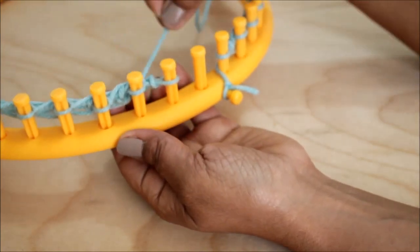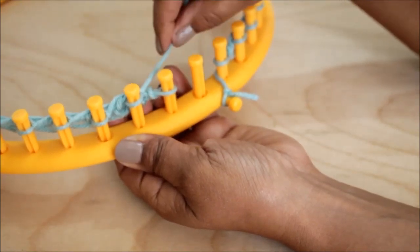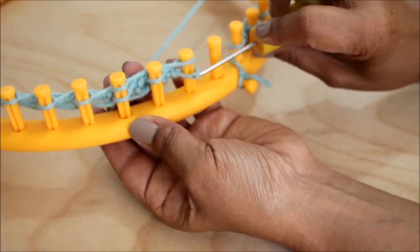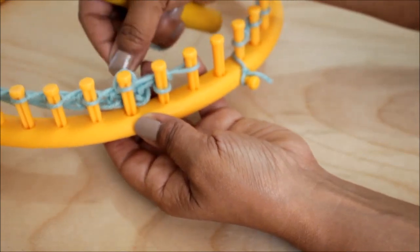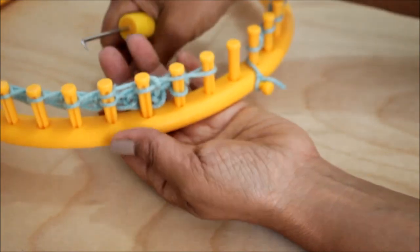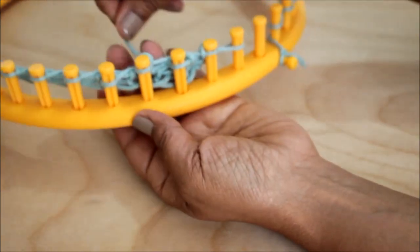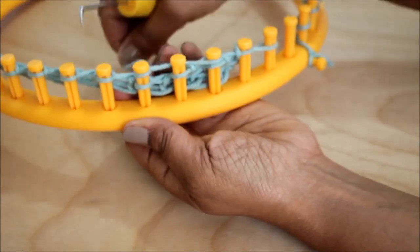is. So you're going to go back and wrap peg 1 right here, wrap it, and then you're going to skip peg 2 right here and wrap peg 3, and then you're going to knit off. And make note of the fact that you're going in the opposite direction now, right? You're going back and repeating that same stitch pattern, just in a different direction. Alright, so keep knitting, and for 35 inches we did 50 rows,